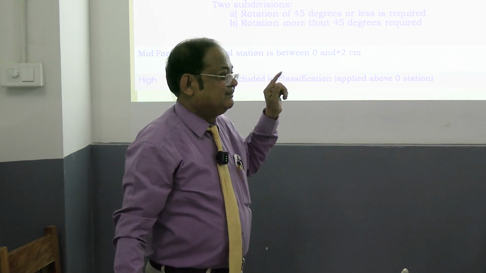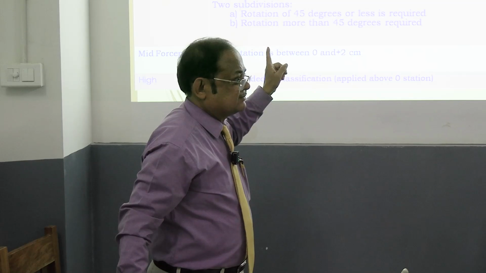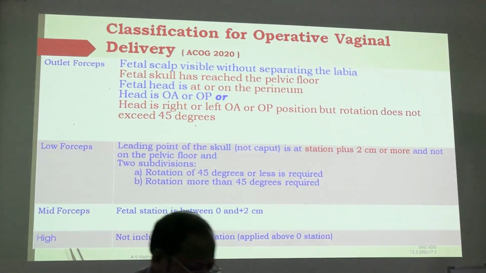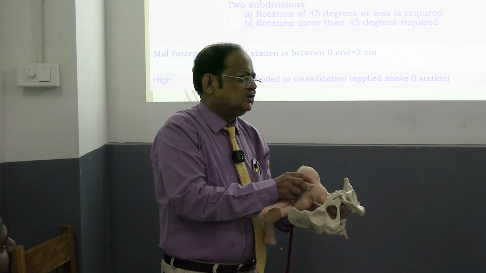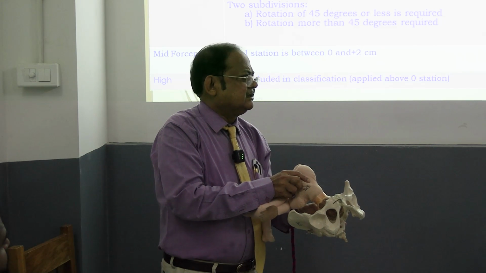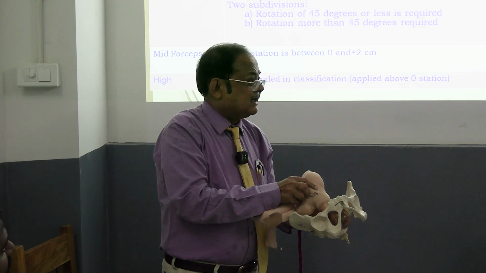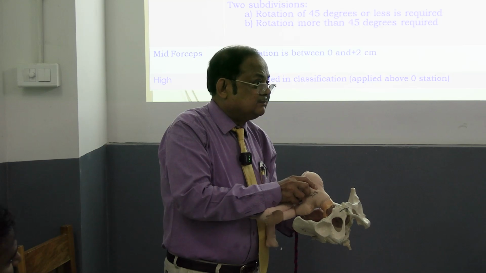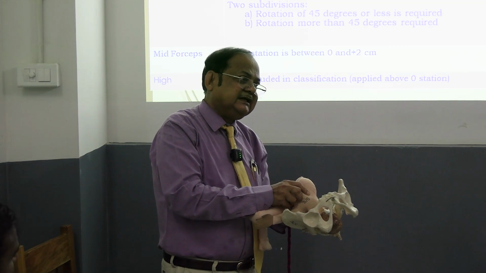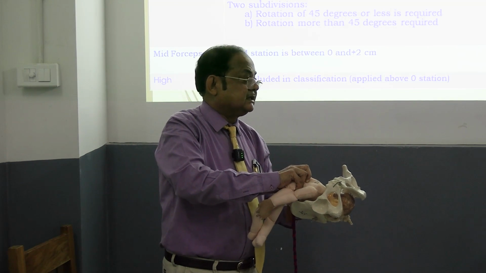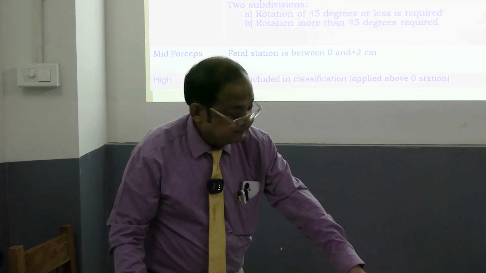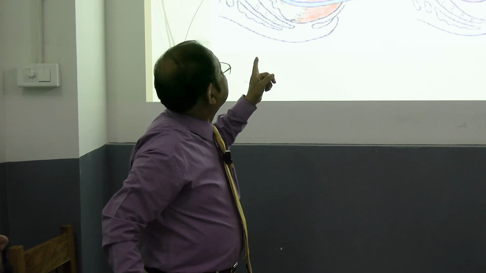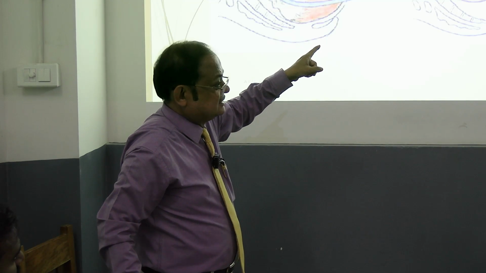তারপরে যেটা বলছিলাম, ফরসেপস। আউটলেট ফরসেপস, ডিটেলসটা পড়বি। আউটলেট ফরসেপস হচ্ছে head is in the perineum, পেরিনিয়ামে চলে এসেছে। আর লো ফরসেপস হচ্ছে 0 to +2, আর মিড ফরসেপস হচ্ছে +2 এর পরে। এই তিনটেই লাগবে। অনেক সময় রোটেশন কমপ্লিট থাকে না, তখন রোটেশনের ম্যানেজমেন্টগুলো করতে হয়, একটু সময় লাগবে বুঝতে। এই যে লো ফরসেপস অপারেশন আর মিড ফরসেপস অপারেশন, এটা মনে রাখতে হবে।